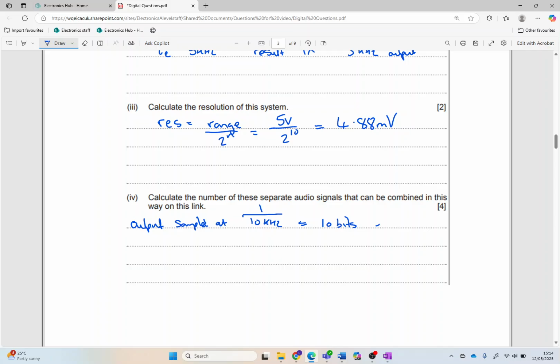It's going to be every 100 microseconds. So we're going to produce 10 bits every 100 microseconds. So we need to send the 10 bits out at a rate of, so